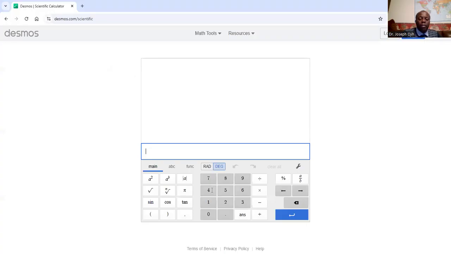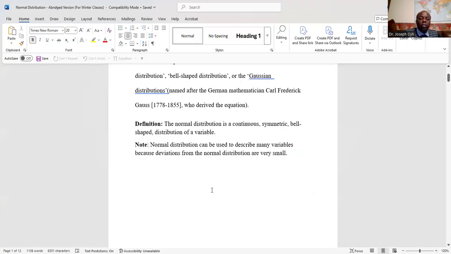In plain terms, we can define a normal distribution as a continuous, symmetric, bell-shaped distribution of a variable. Now, a normal distribution can be used to describe a lot of variables